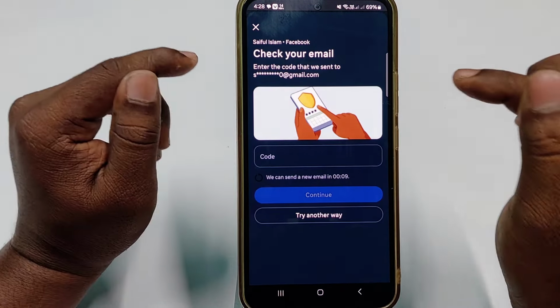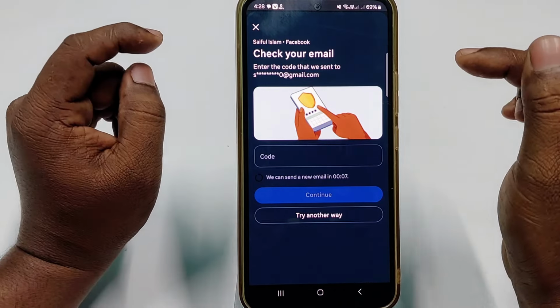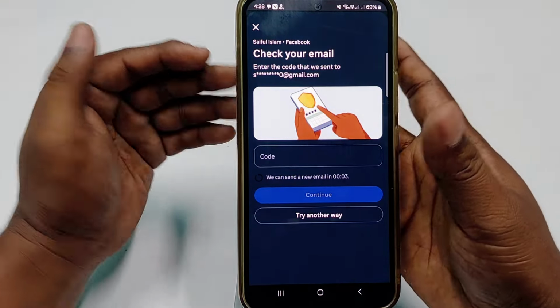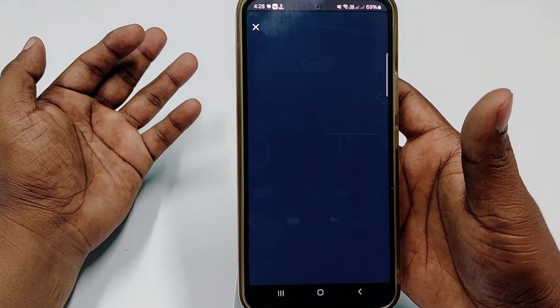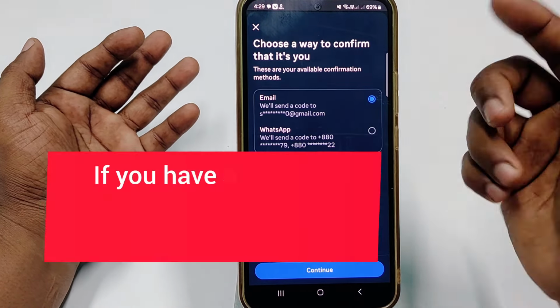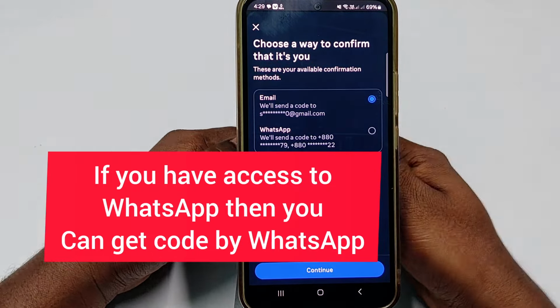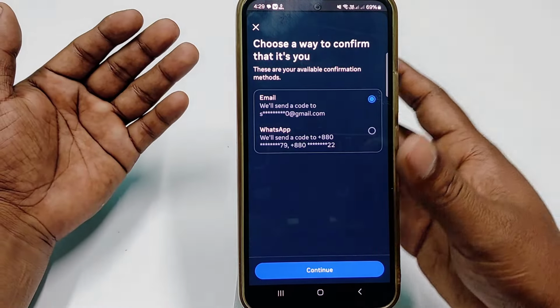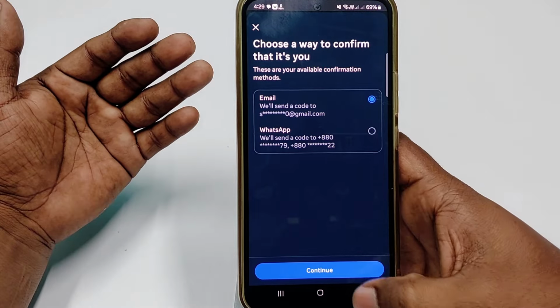then you can see this interface will pop up. Okay, so if you don't have access to that Gmail account, that time you can click try another way, and after that it will give another option, which is WhatsApp. And if you don't already have WhatsApp on your phone, that time you need to follow my another way,